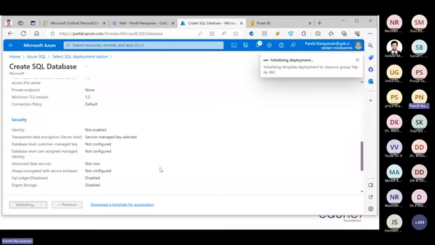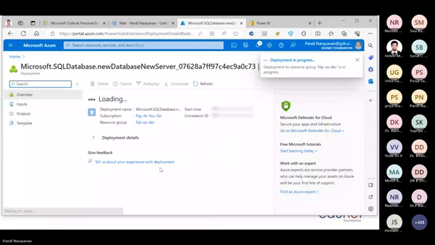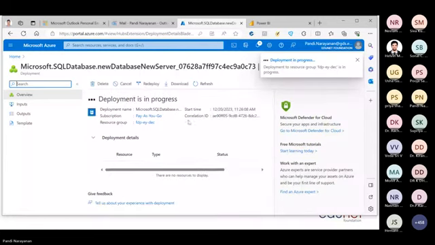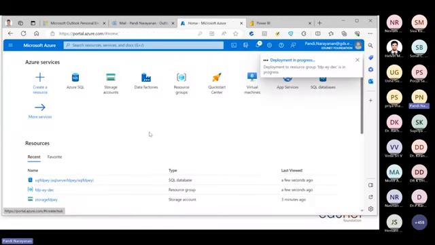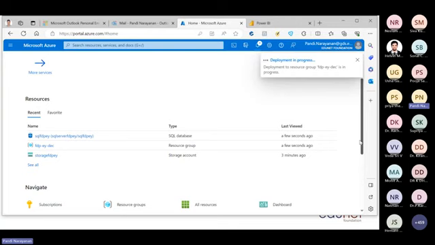So we created three components, right? Three services: data factory, storage account, and SQL database. Now the deployment is in progress. Once it is done, you can go to home and start seeing all your services. You can see that these are the three services we created. While the deployment is happening,